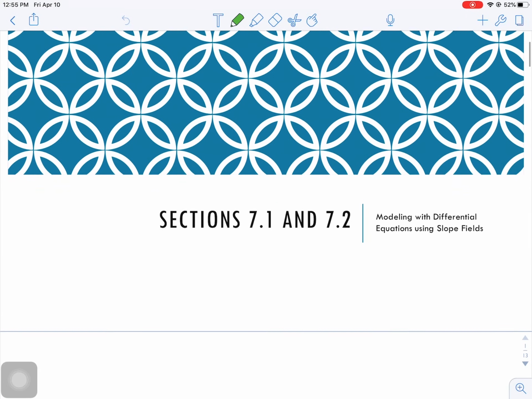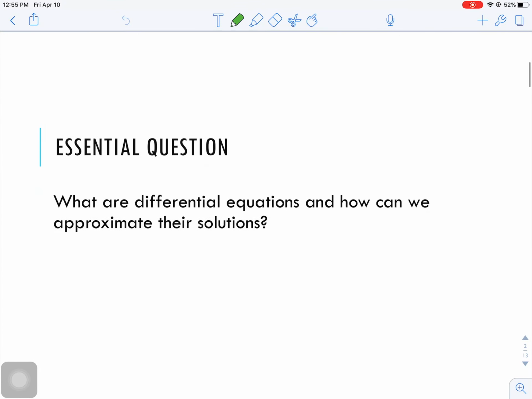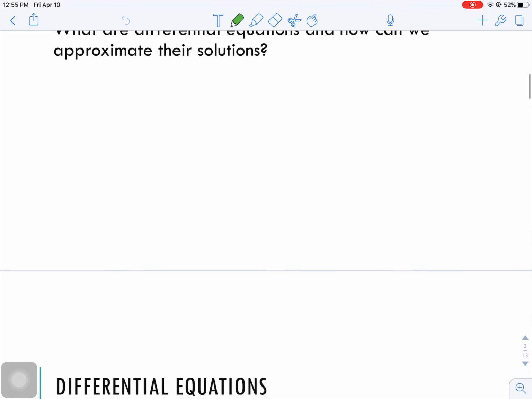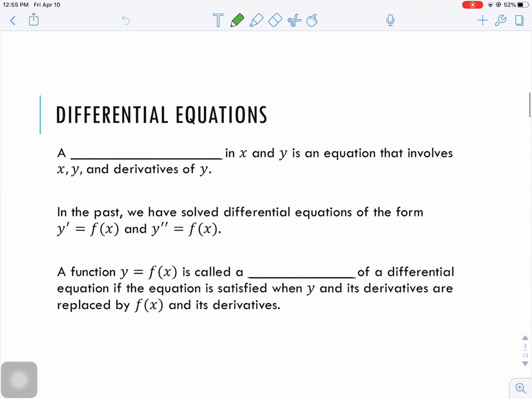helps us learn. So today's essential question: what are differential equations and how can we approximate their solutions? So here we go. A differential equation